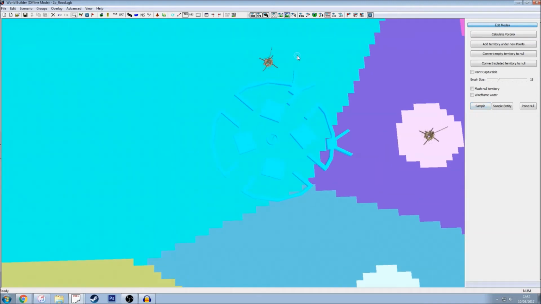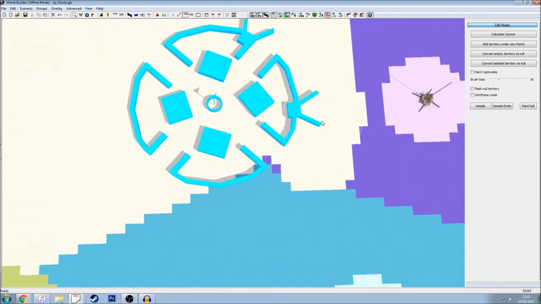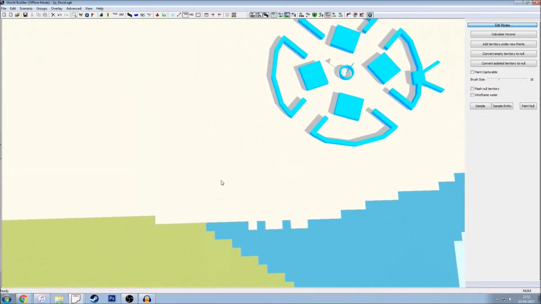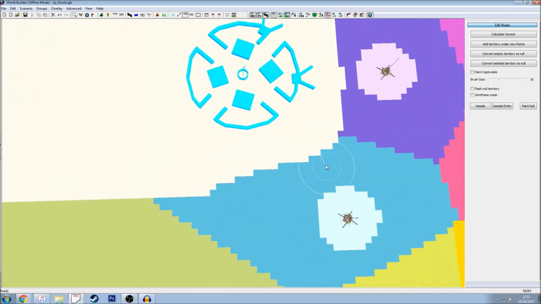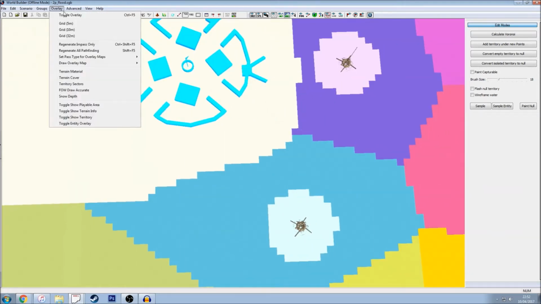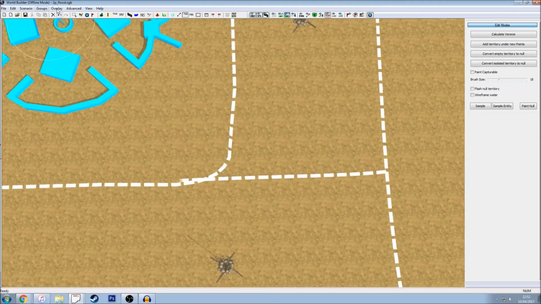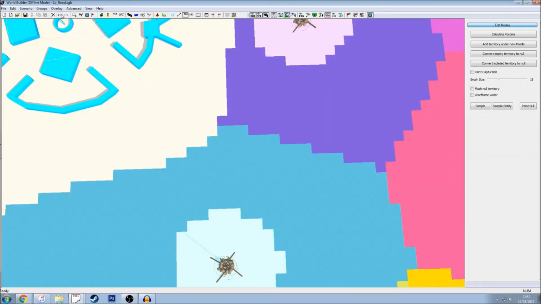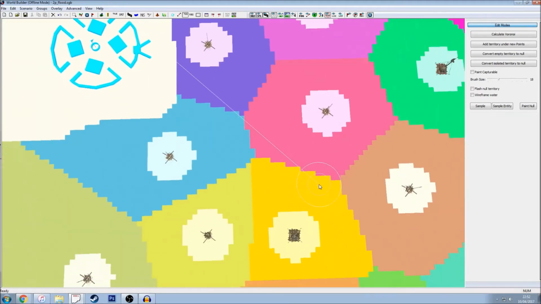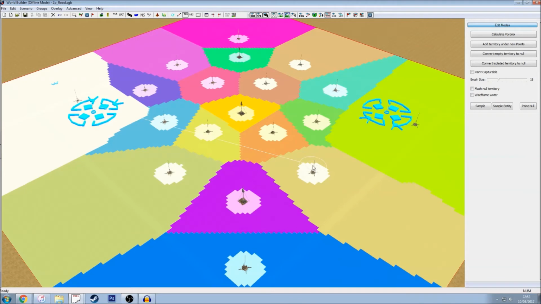If I do the same, left click sample, and then left click the right area, I can paint the territory back in, no problems. Now if you want to check whereabouts your dotted lines are, so that you don't get confused, if you go onto overlay and toggle overlay, it will briefly take you out so you know whereabouts it is. If I toggle overlay again, it will go back. So I know I've missed that corner off and I can paint that back in. So, as far as basic steps go, now I should be able to save this and I have a working